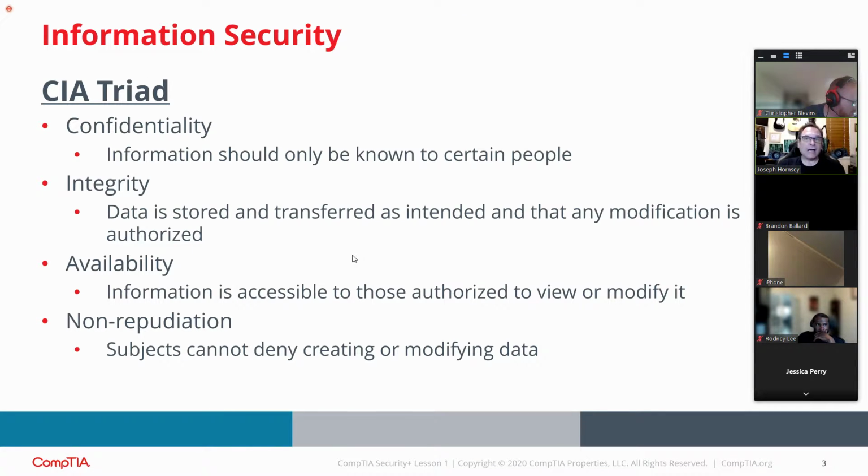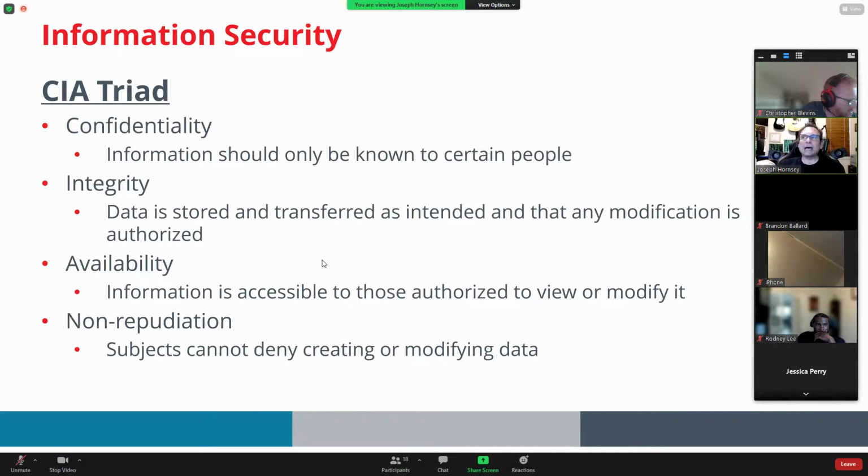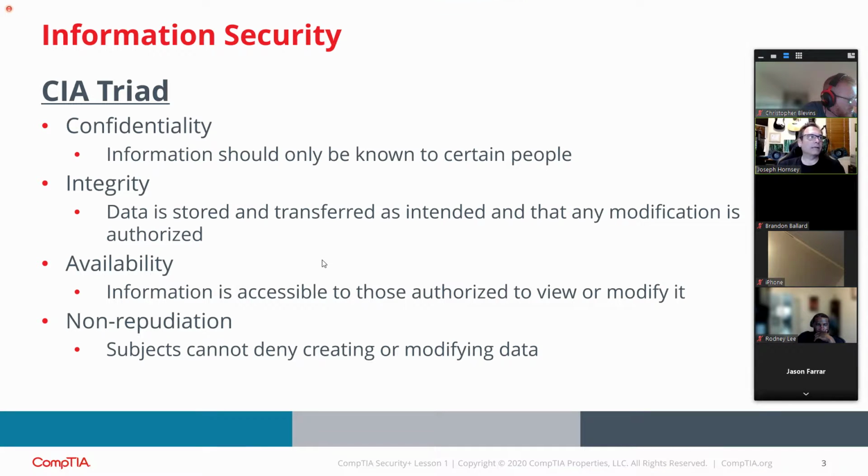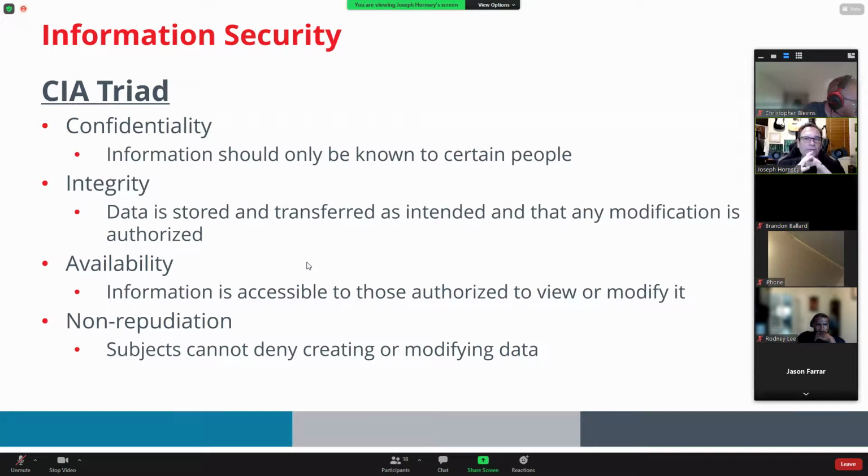Well, if that's going to happen, the email service has to be available and he has to be able to send a message. I have to be able to receive a message. So CIA, confidentiality, integrity, and availability, pretty much everything we look at for security is going to be based upon that foundation,